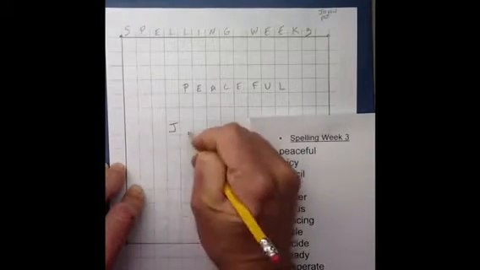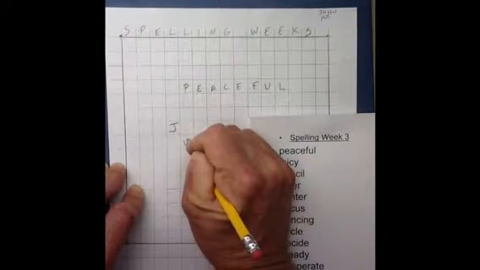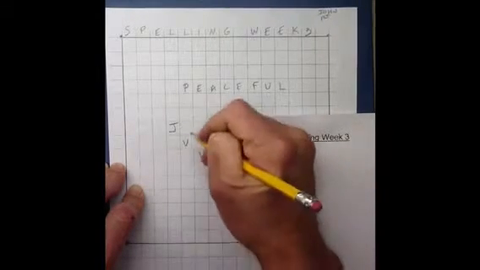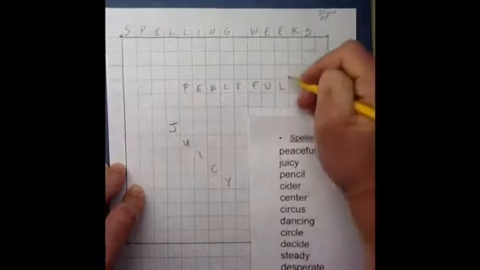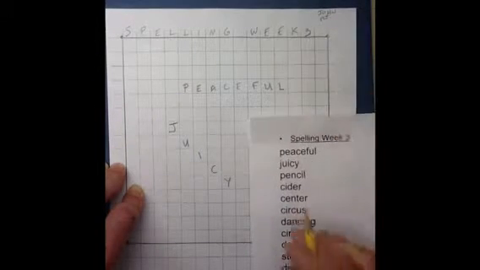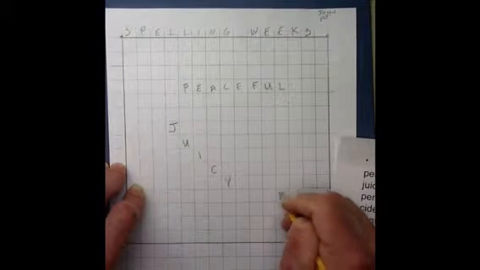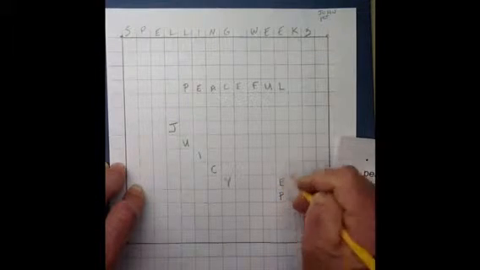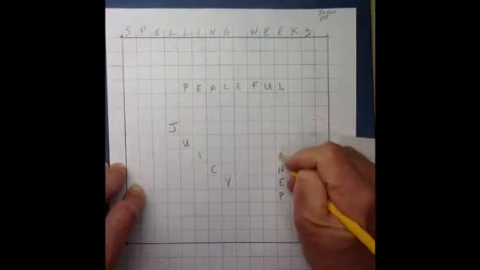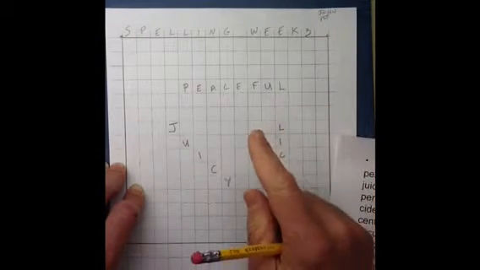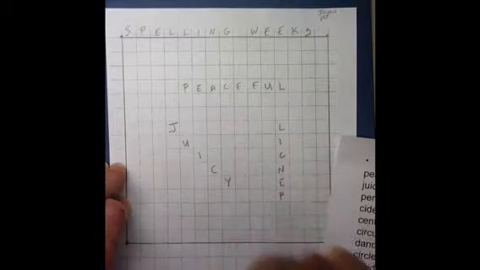Let's say juicy. Let's make juicy a little harder here. We'll do this on a diagonal. You know what, my U's look a lot like V's, so I'm just going to do that. Okay, juicy, pencil. Maybe we're going to make pencil really hard to find. We're going to do this upside down vertically like this, and I'm going to do some magic here, and I'm going to finish it all. Boom, voila. I've hidden the 15 words